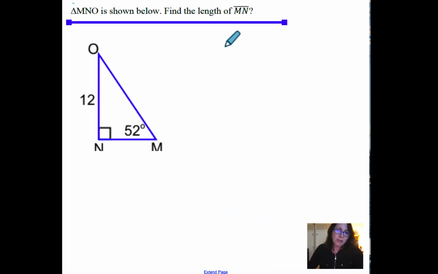Triangle MNO is shown below. Find the length of MN, which is this length here. So again, we're going to use right triangle trigonometry. And if you're standing right here at the angle that you actually have, you would write this